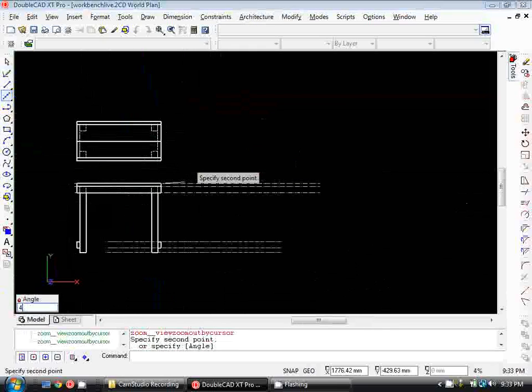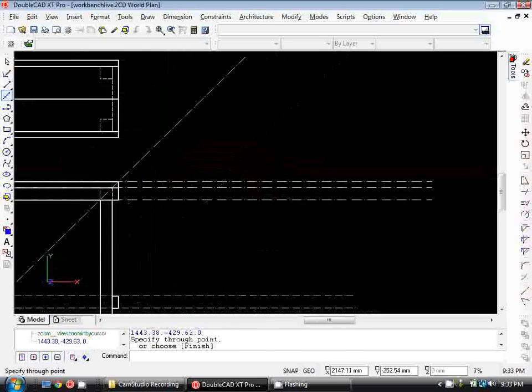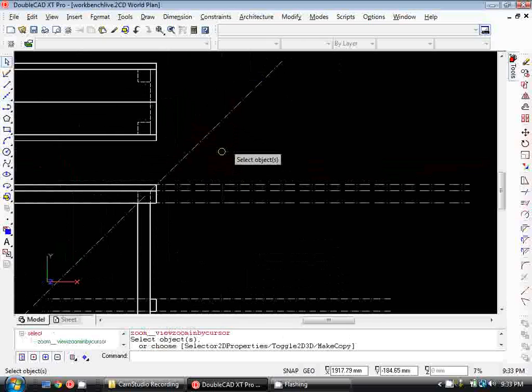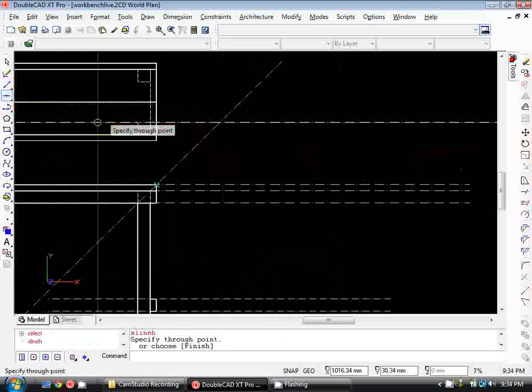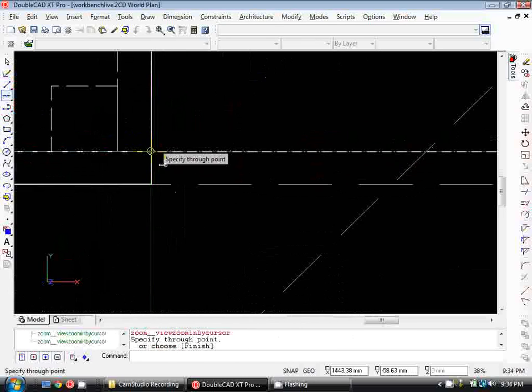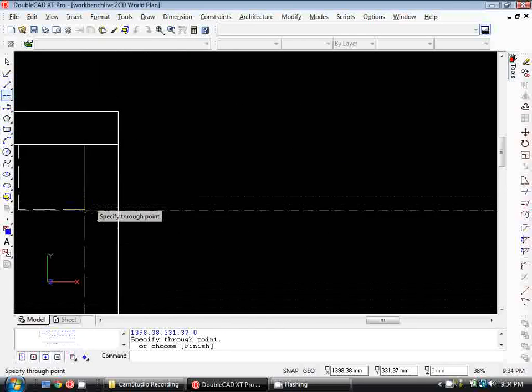So I type in 45 and hit enter. Click on that corner and now I've got a 45-degree angle. The reason I did this is if I click on construction line and go some more horizontal, I can draw horizontal lines straight out from this plan view. Everywhere I'm going to need a line in my end view,